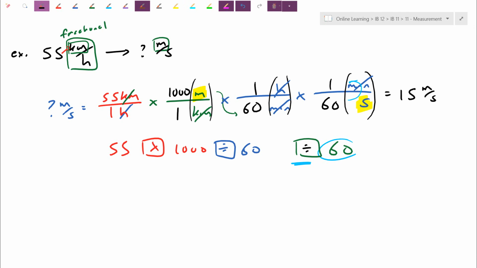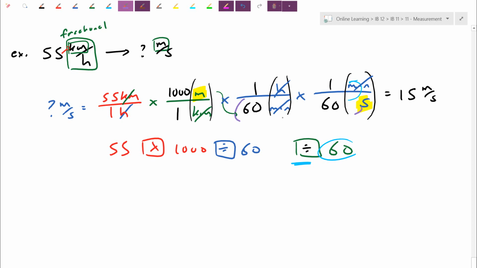This is more of a shout out to physics. Because our odometers are always in kilometers per hour, and because we always need to put in SI units, this conversion is going to be used very often. If I'm having to show 3 fractions every single time, it's super cumbersome. I'll show you a shortcut just for this exact conversion. Even if one of these were different, like a centimeter, you can't use it. But for this exact conversion, kilometer per hour to meter per second, what I can think about here is